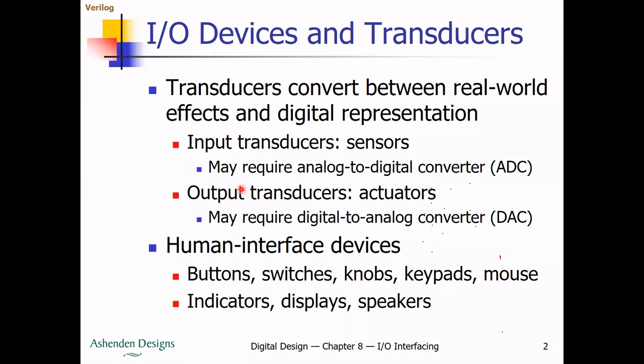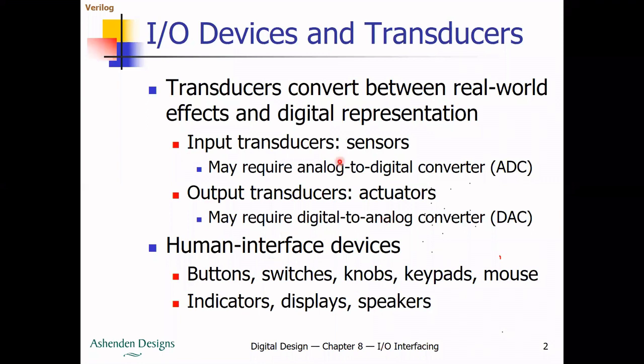Okay. In the same way, I came up with an example in our human body. Input transducers are your eyes and your nose. It senses the real gases, what is happening around you, and your eyes detect the real objects around you. In the same way, your actuators are your hands, your legs, your mouth and other things. Actuators are used to respond to the input which you have sensed.